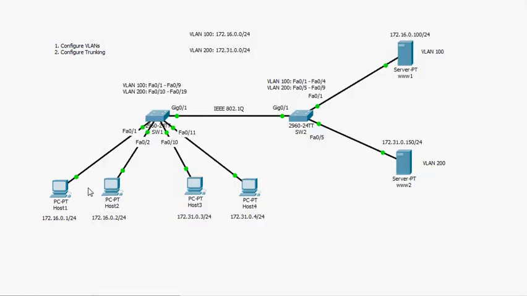So now hosts in a VLAN connected to one switch will be able to communicate with hosts on the same VLAN but on a different switch through the trunk link. So the trunk link here is like a bridge between two switches. All traffic between VLANs is going to cross this trunk link. Of course, you can do some control. You can specify which VLANs are allowed to go through it, which VLANs will be denied, etc. There is plenty of control that you can do on that,